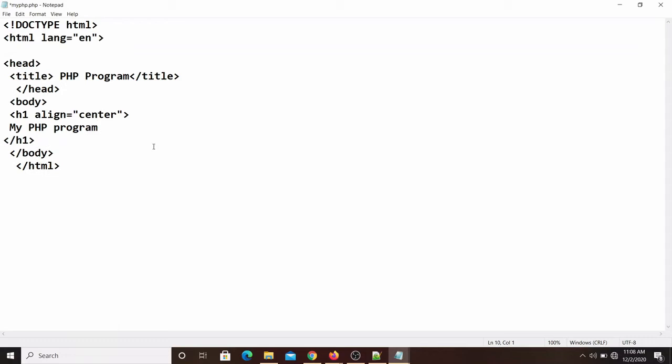I will write here the PHP tag: angle bracket, question mark, php, and there again I will close. So between this is the opening of the PHP, and this is the closing of the PHP tag. Inside this only I have to write. So you can write here echo